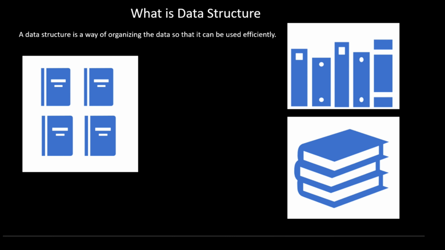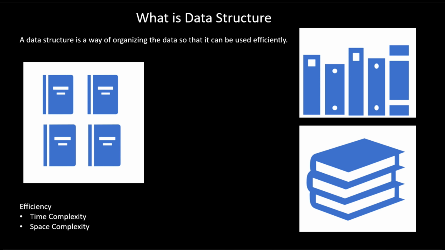And at the same time, what is the amount of space occupied. So efficiency is always discussed in terms of time complexity and space complexity. Time complexity is nothing but the time taken to store the data or fetch the data, and space complexity talks about how much space is occupied. So in this use case, the space complexity is the same, but the time complexity might vary depending on the fetch operation.